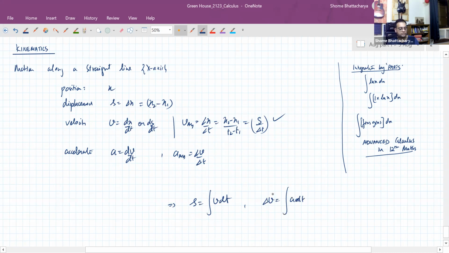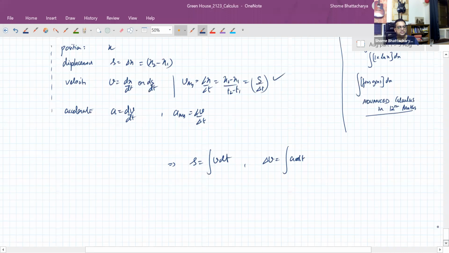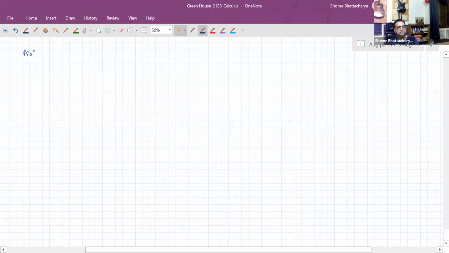So these were some of the important things we had seen in the last lecture, including a couple of applications. Now today we will start with an important special case of this, which is the motion when the acceleration is uniform. But before that, we will look at one more set of relationships between acceleration and other parameters. You don't need to note this down because this is just a recap of last lecture. Now the additional thing that we'll start with today is that